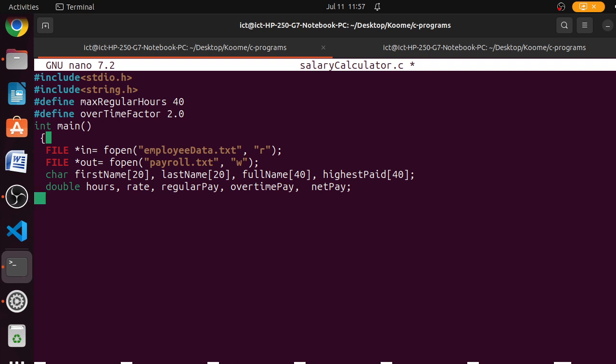From there, you can create another variable which will contain our wage bill, the amount of money that we will be paying our employees. The total amount of money, you can initialize it to 0, and we will have to declare maybe the biggest pay. Who is paid the highest? Therefore, maybe you can initialize this to 0 because at the start of our program we have not checked who is paid the highest. Also, you can create another integer where we'll be able to store the number of employees in our file, and then we'll be able to output the number of employees in our file, and then from there we'll be able to